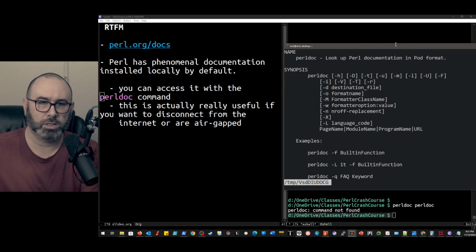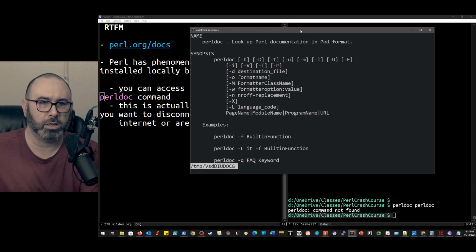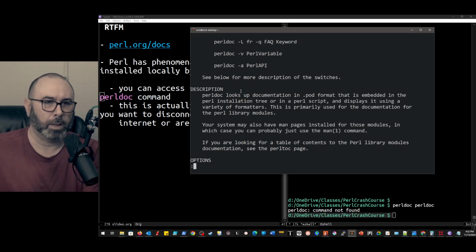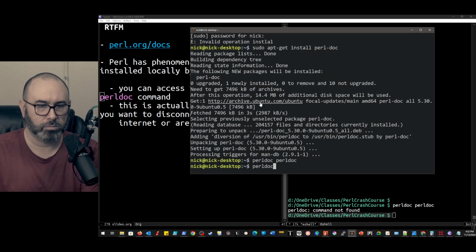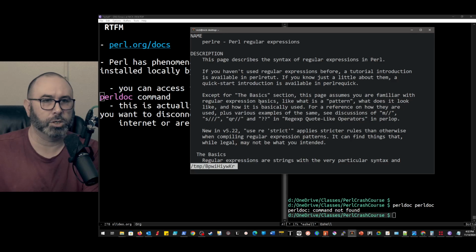This is going to give us the Perl documentation on the Perl documentation format. So there's a documentation format called POD, plain old documentation, and we can go ahead and look this up for things like our plain old function documentation. We can also go ahead and look at various different pieces of things. So if we do perldoc perlre,